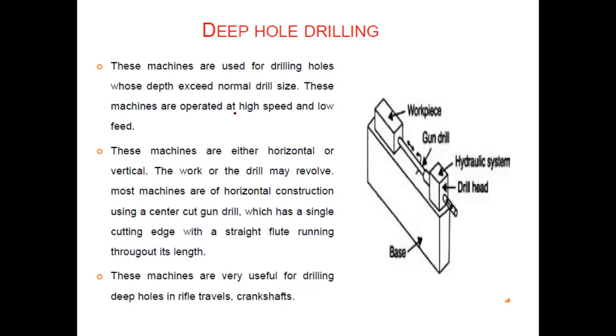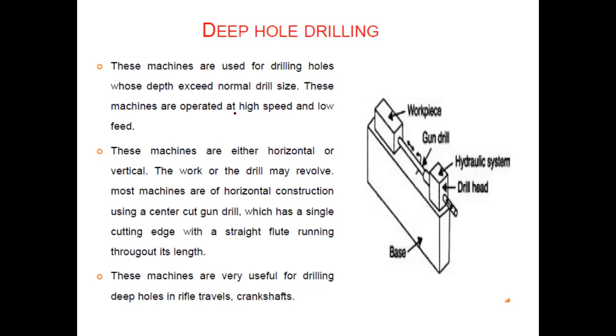Previously, in the drilling machines we have seen, the drill bits are normally vertical, making vertical holes. Or in a radial drilling machine, we can adjust a particular inclination or angle. But the normal standard practice is that our drilling machines are mostly vertical. Depending upon the requirement, we can make it horizontal also, especially in a radial drilling machine. But this deep hole drilling machine can be vertical or horizontal.